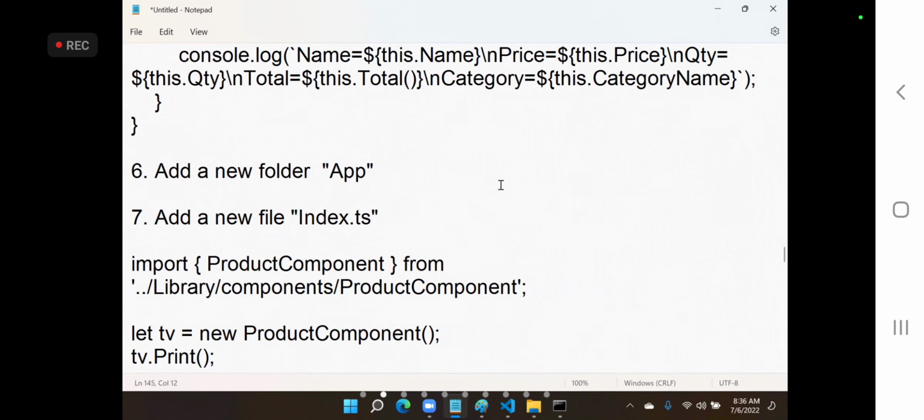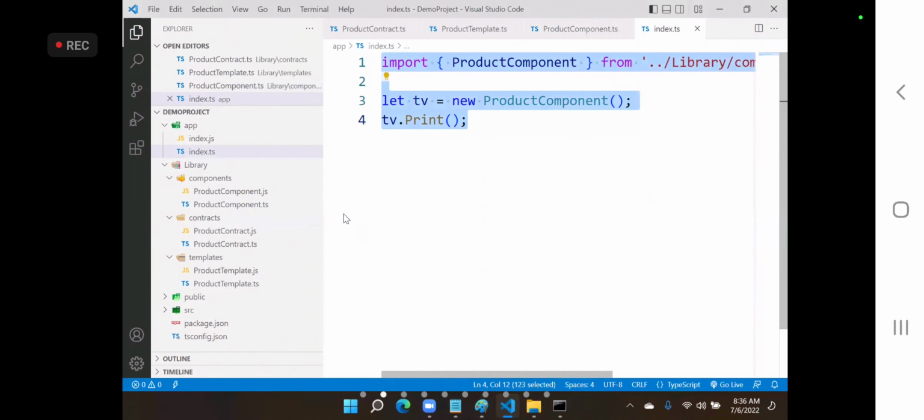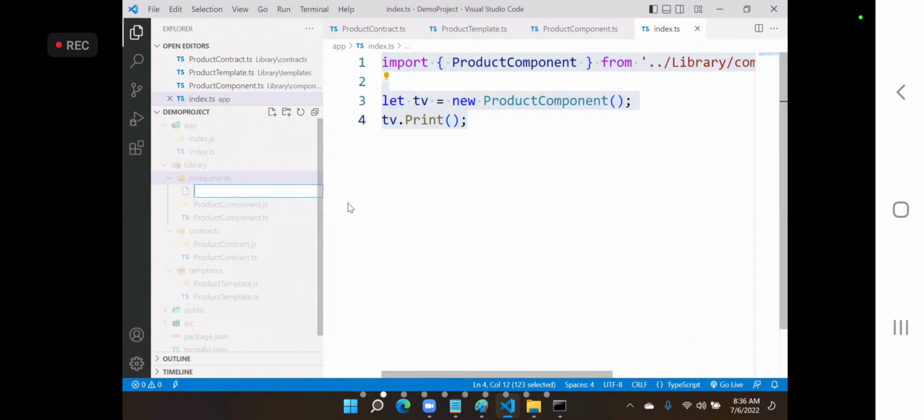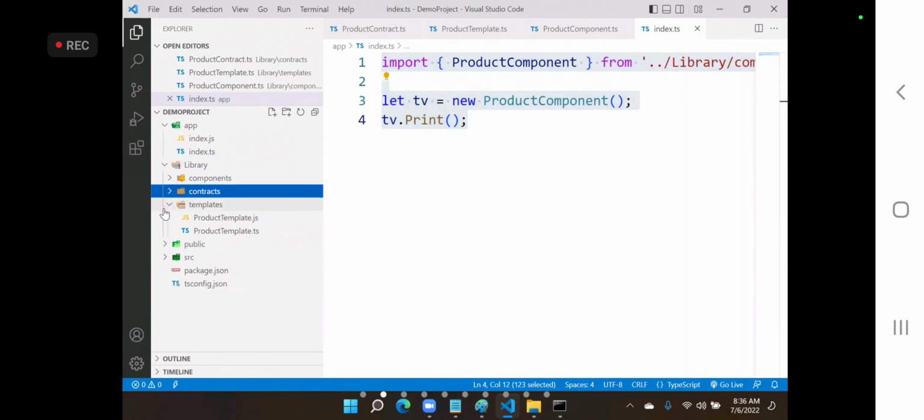You can design anything, you can use anything. For example, see here, let's do it a little more complex actually. Suppose in the components, I'm adding another file, and this is employee. Let's go to the contracts, and I am adding a new file, employee